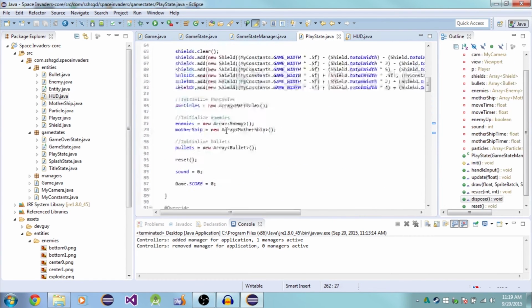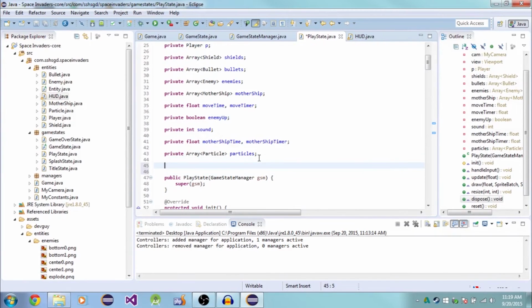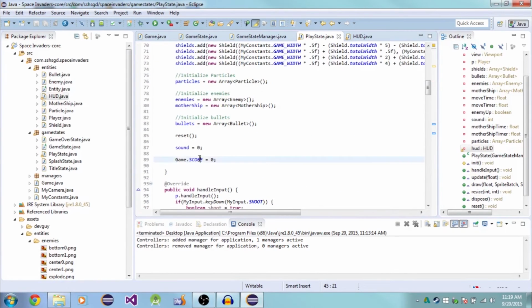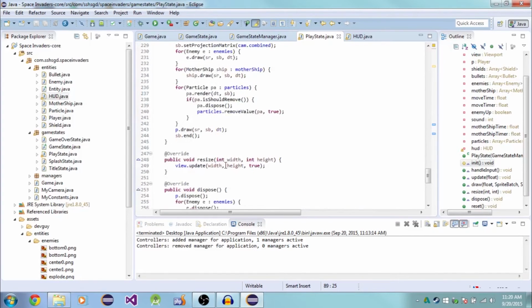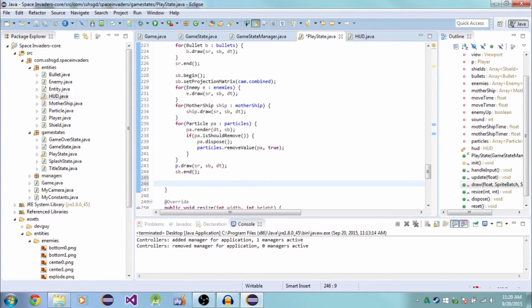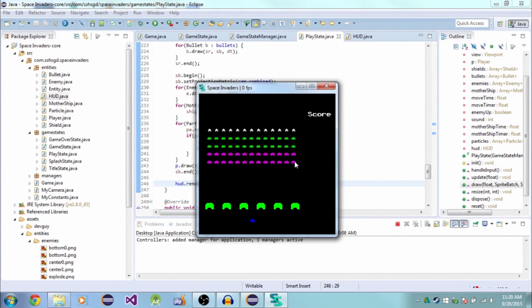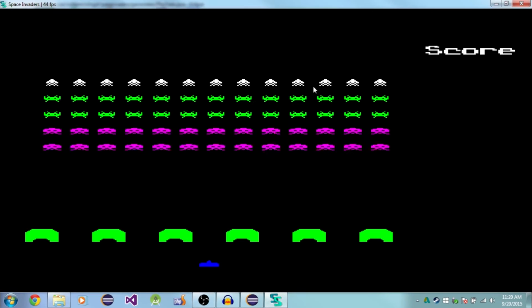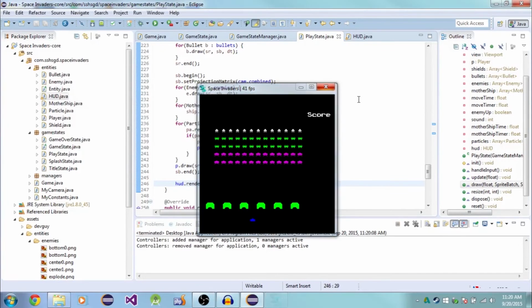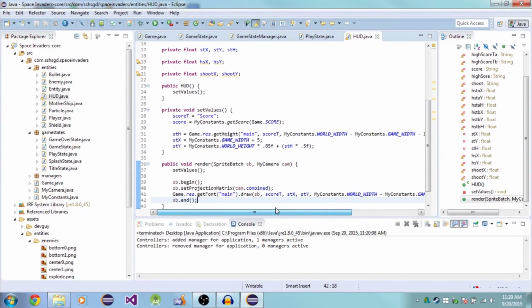We can go up here, private HUD. Okay, and then down here, just HUD equals new HUD. And then down at your draw method, we want it to draw at the very end so that it's always on top. And as you can see, it has score written up here, and it resizes. Okay, so we're going to go ahead and continue giving values to all of our